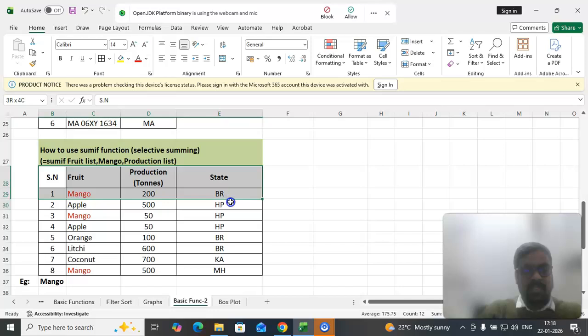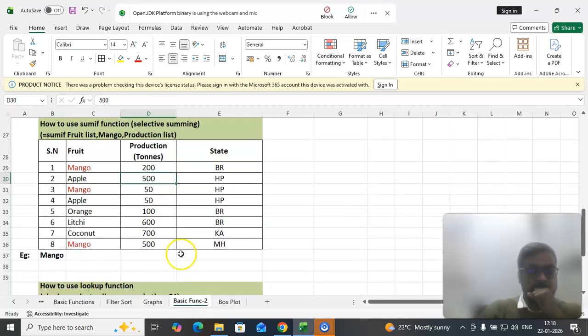For example, this data is there, that is the fruits, in the second column. In the third column, it is about the production, that is how many tons. And in the fourth column we have the particular state. In Bihar, we are getting 200 tons of mango. In Himachal Pradesh, we have 500 tons of apple, and so on. So what I want is, from this particular table I need to take